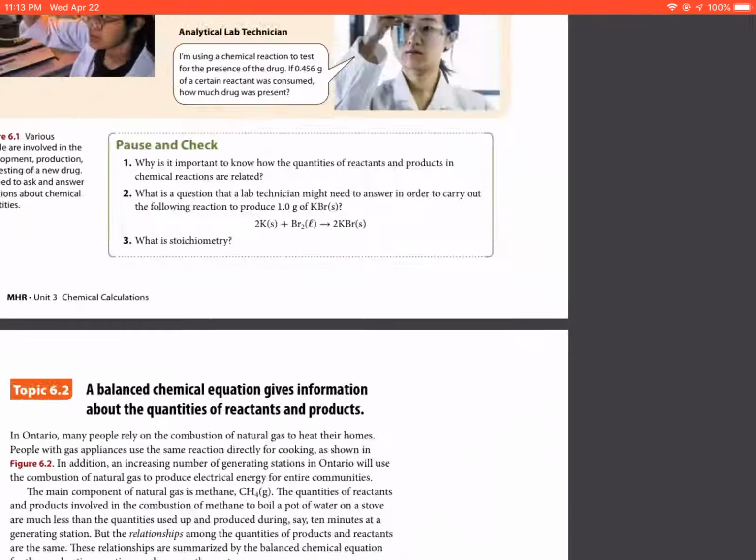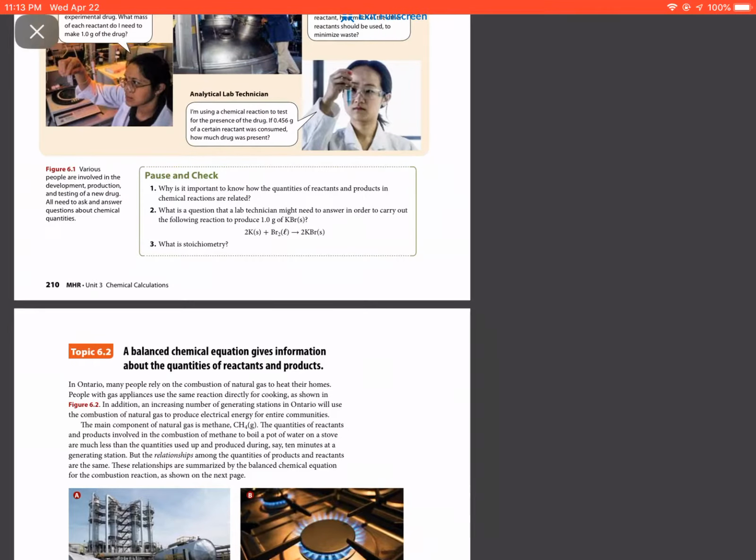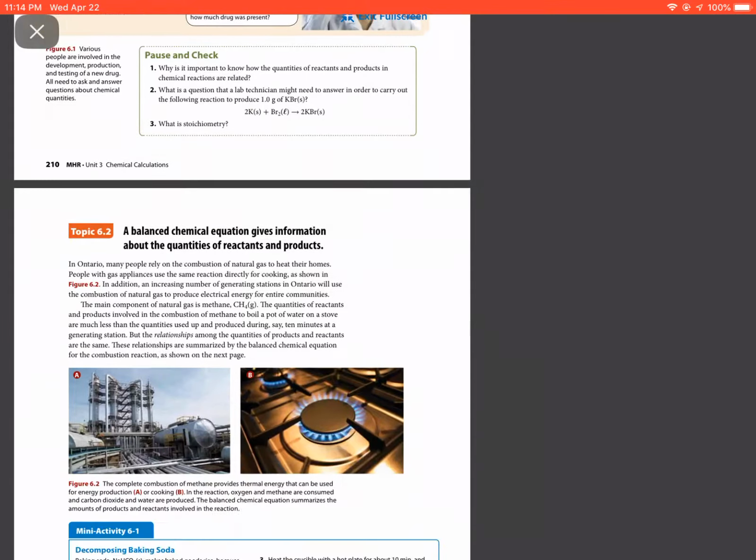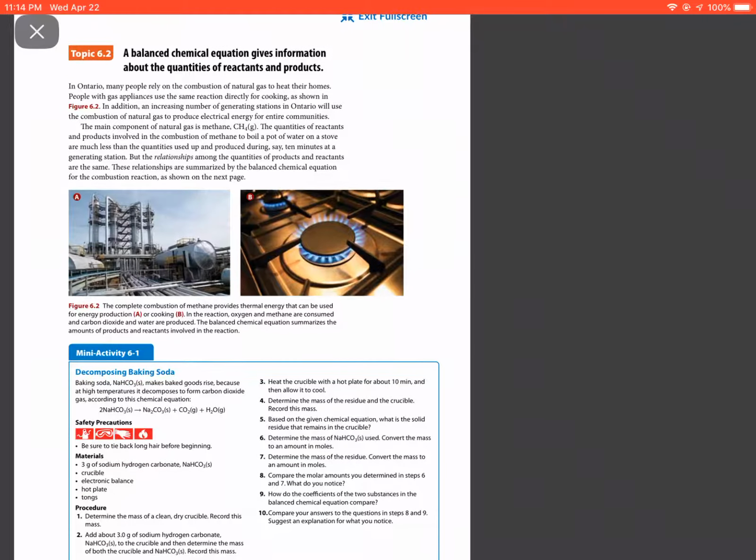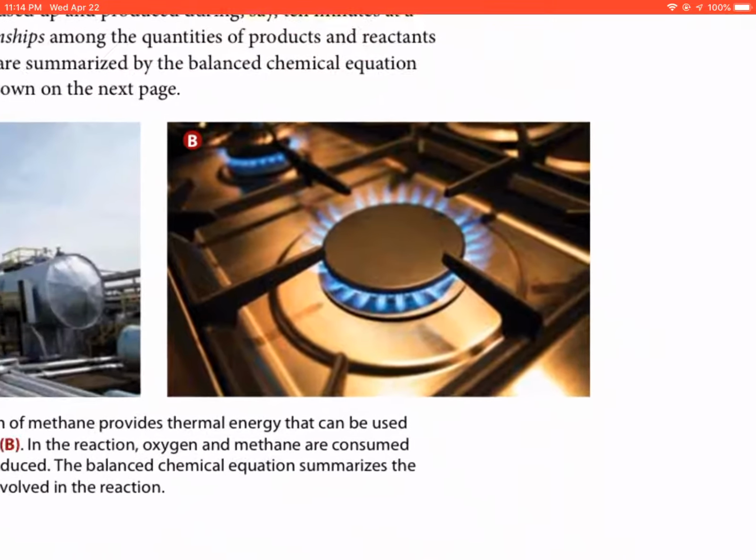Okay, so that's really the basis of all of chapter 6, right? Everything we're going to do in the next, I'd say, week and a half to 2 weeks. It's a pretty big chapter, and I'm just going to encourage you to keep thinking about the calculations that you did on the chapter 5 test. Now, as we move into topic 6.2 here, it talks about using